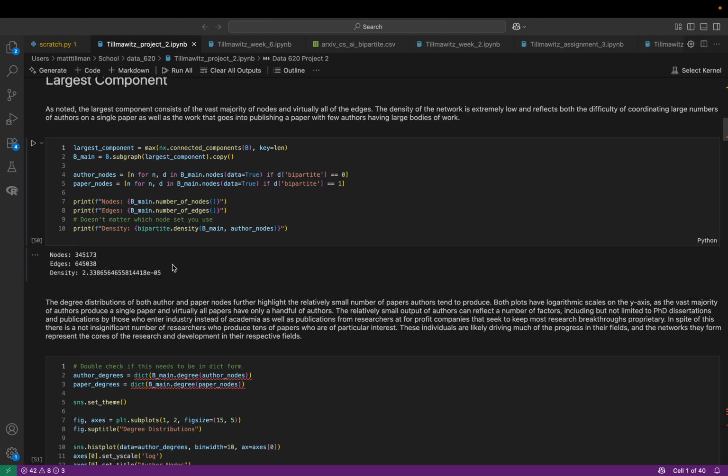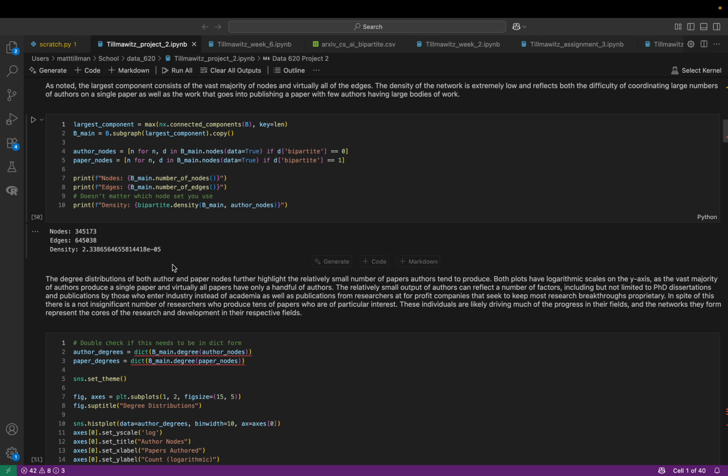When we filter for the largest component, we can see, once again, it contains the vast majority of nodes and edges, and has an incredibly low density, which makes sense given what one may expect. It's difficult to coordinate large-scale research projects including many authors, and many authors are not producing hundreds and hundreds of